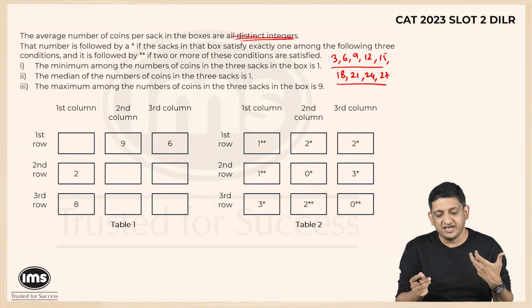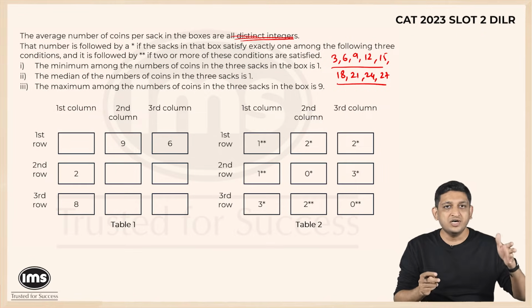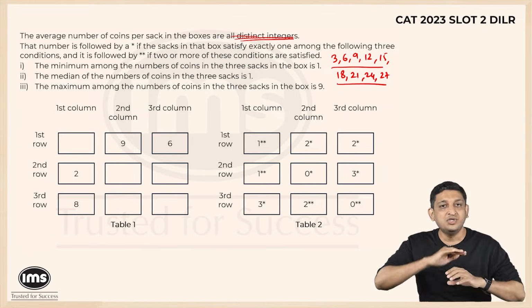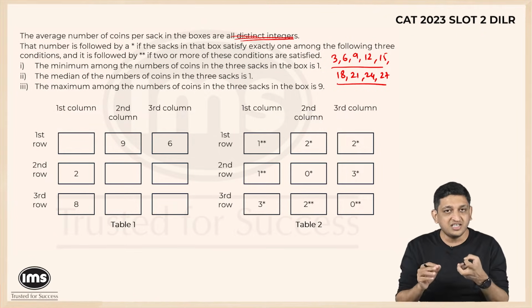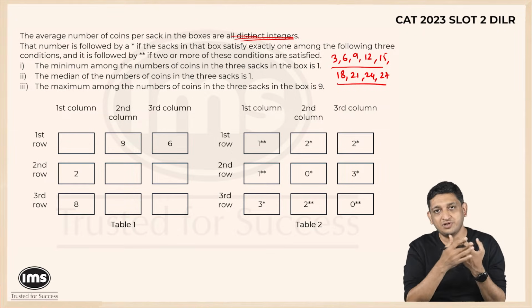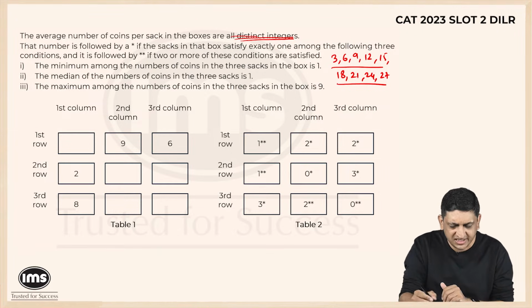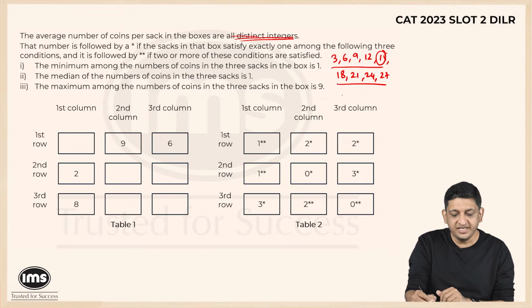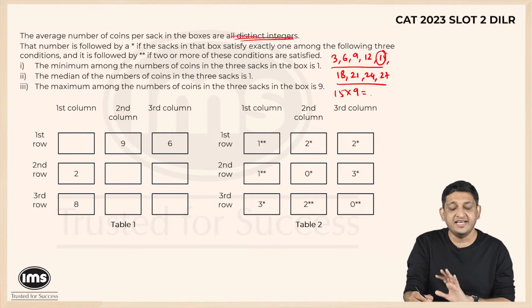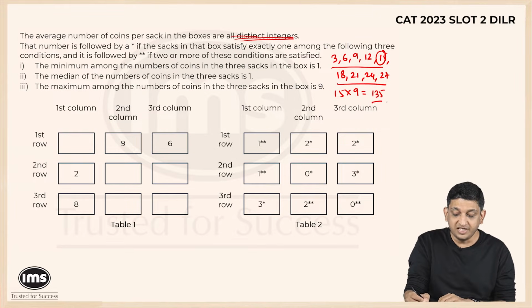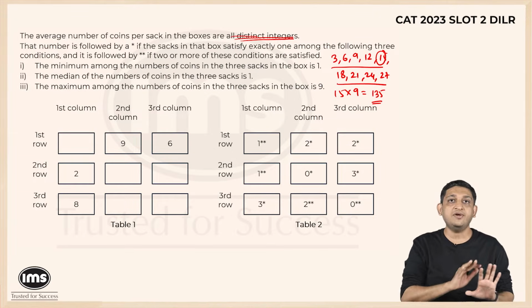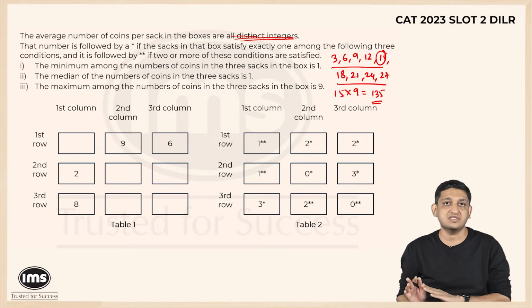Now you can either apply arithmetic progression, you can say first term plus last term divided by 2 into number of terms. You can pick the middle term and multiply it by the number of terms, anything is fine. So let's say we are going for the middle term 15 multiplied by the number of terms, that is 9. So you'll have 15 9s are 135. That will be the sum total of all the coins that will be present in these 9 boxes.